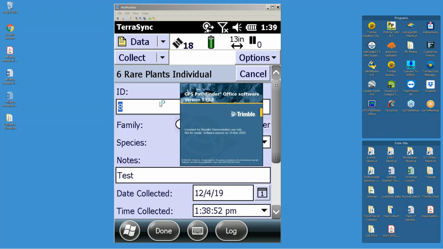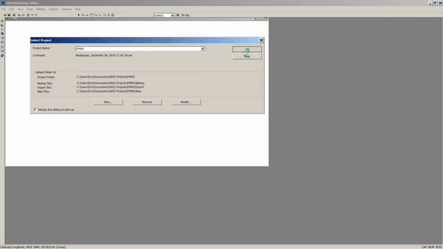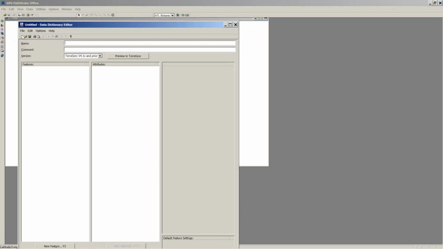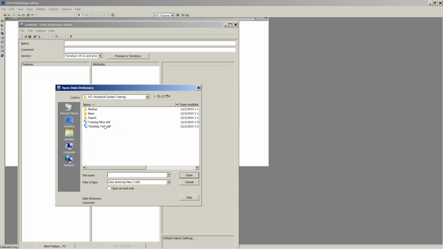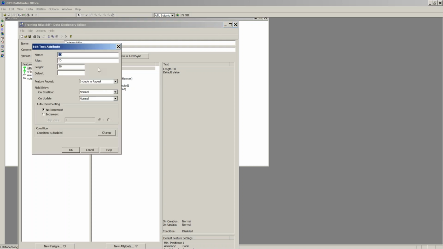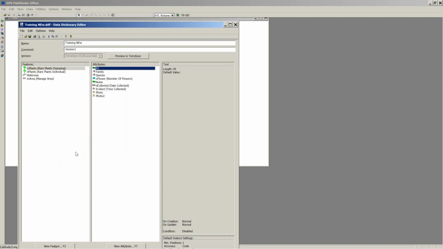And I'll show you. We'll flip it over to the software real quick, and I will open up your project, and we'll go back into that data dictionary that we built on Monday. This one, and I'll just show you what I mean by that. I'm on rare plants. I'm going to click on ID, and you see this feature repeat button. If I turn that to omit from repeat and hit OK